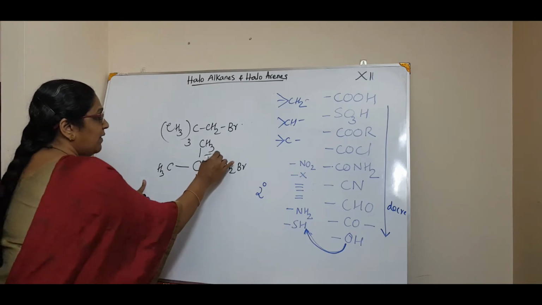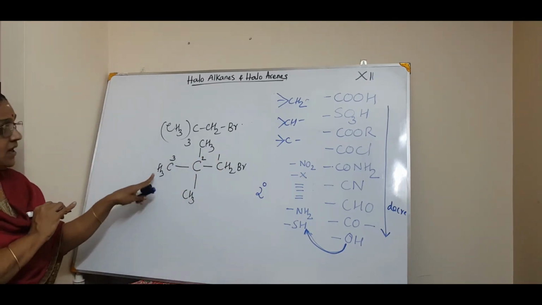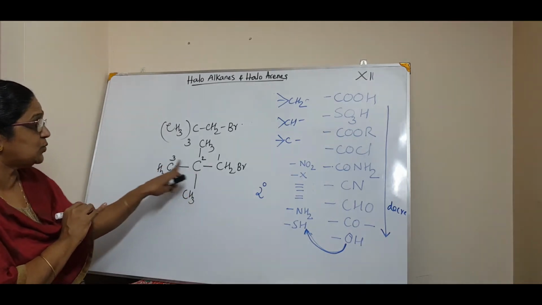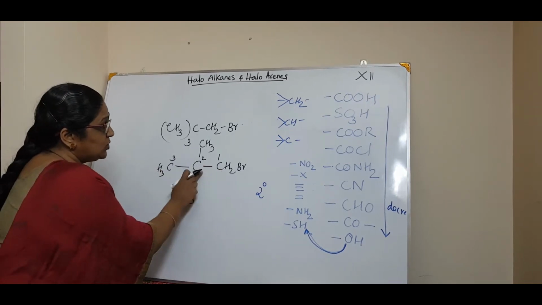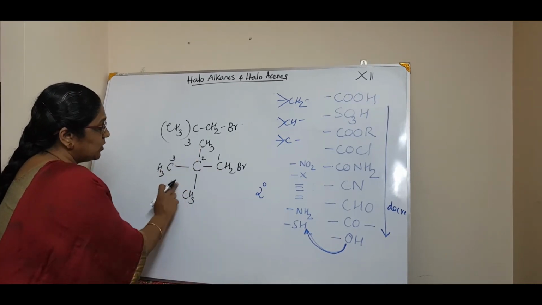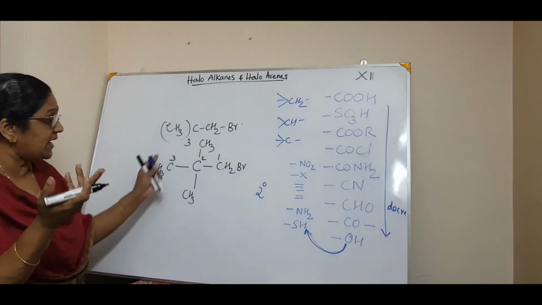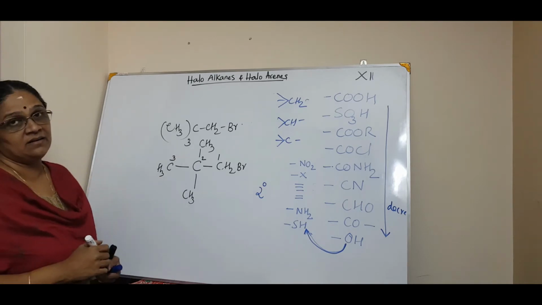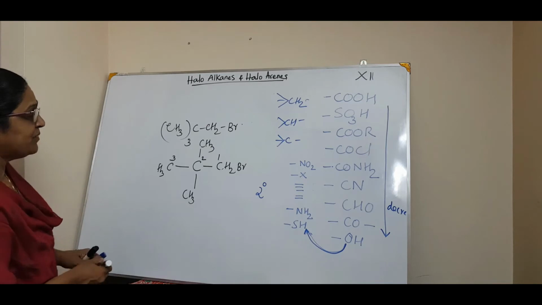Now it is simple. That is 1, 2 and 3. If you put 1, 2, 3, bromine will have 3, so you have to put 1, 2, 3. Now this is the longest chain, because here 1, 2, 3, and this also is CH3, 1, 2, 3, and CH3. Putting it anywhere in this, it is the same. So you have to look at all that and then you number it. Okay, so 1, 2, 3. So how will you write?